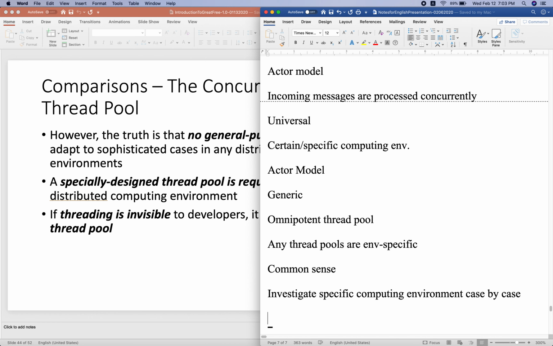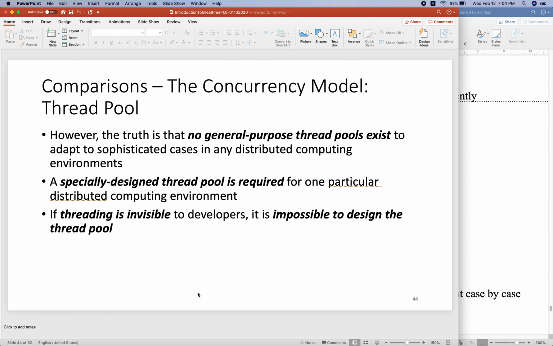Developers must miss this opportunity, lose this right to program the threads, to design the specific threads for one particular distributed computing environment, right? So I don't think this approach to hide threading is a proper approach.